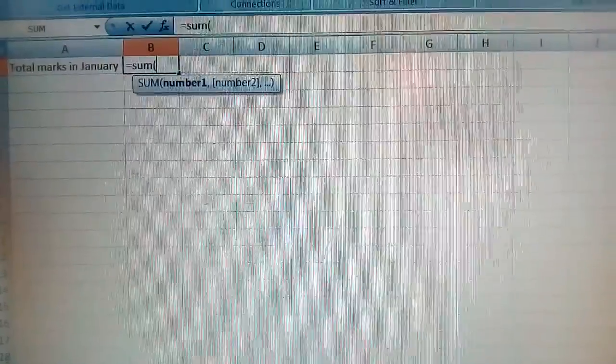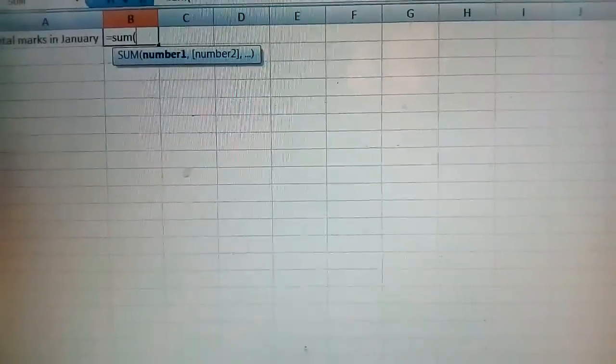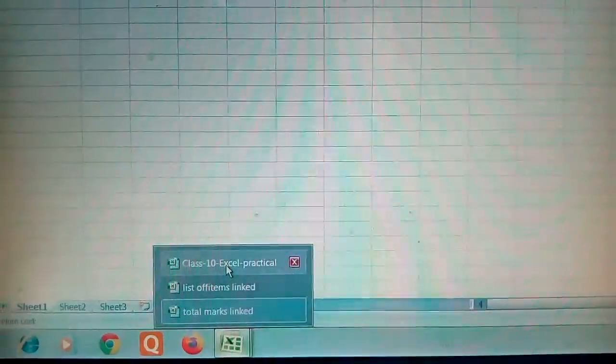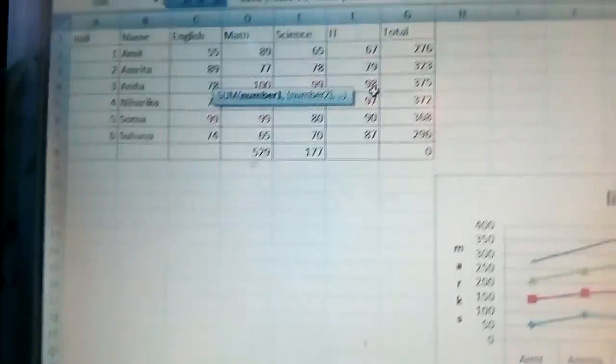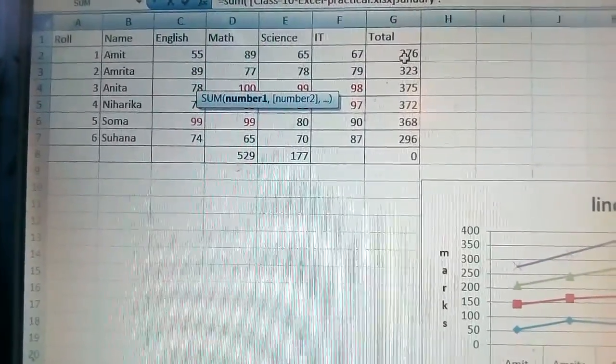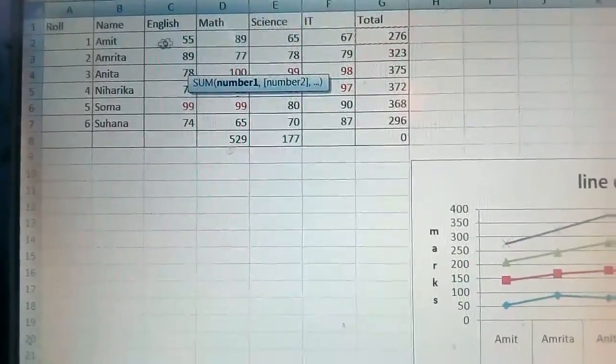Then give the first bracket. So equal to sum, then first bracket, then you go to the previous workbook. Okay, so I have done this class 10 Excel practical. So here January month you go. So here you can see total. So select that. Okay, this total is for this.